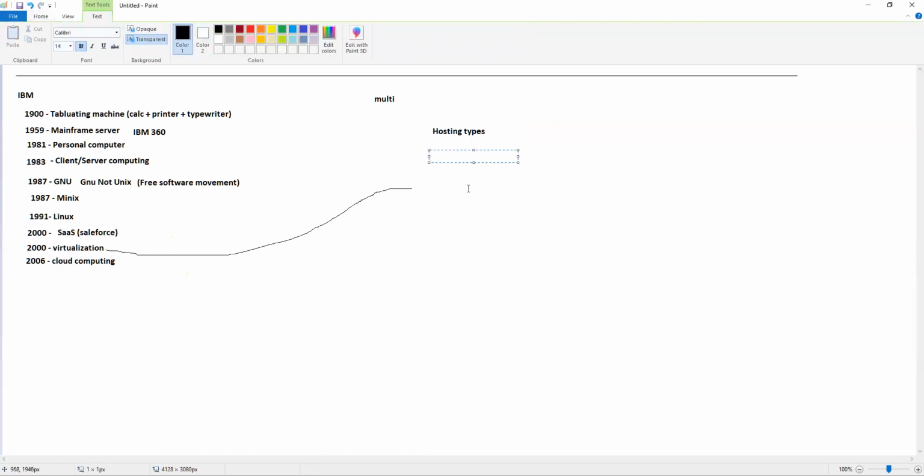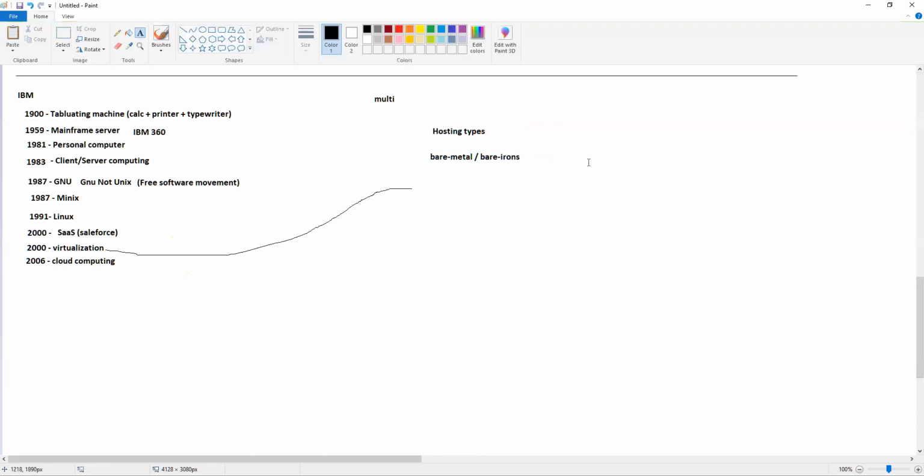One of the hosting options you can have is bare metal or bare iron. Bare metal is just the server, a server like this. You have the physical server.